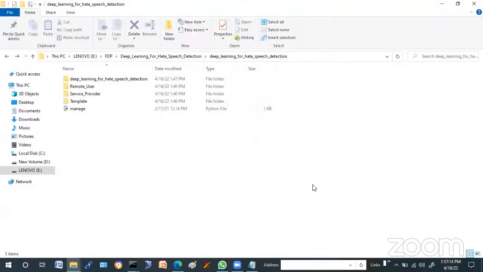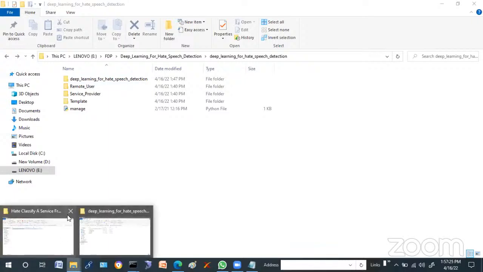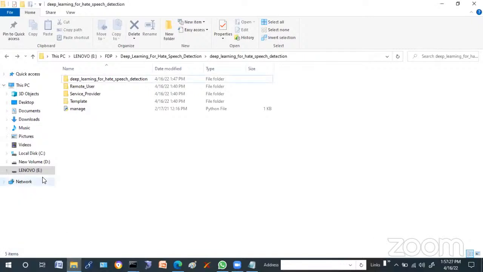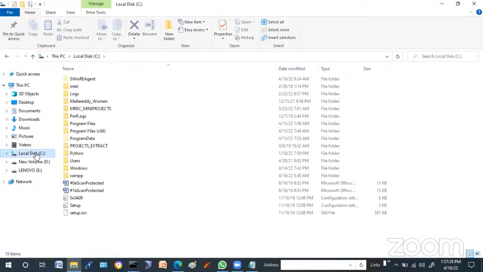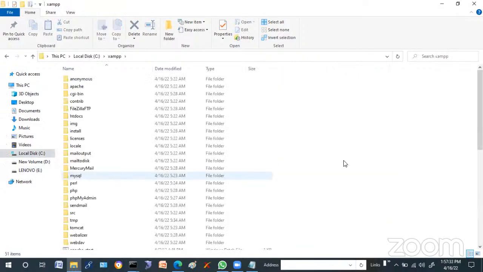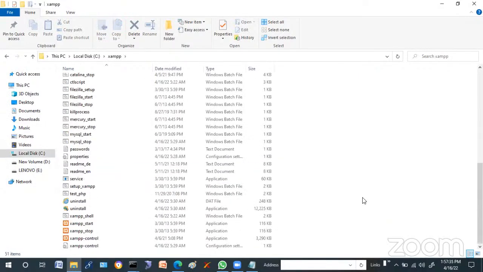So to do that, first we have to actually dump the database. To dump the database, go to your C drive. Have we already installed XAMPP? Go to the XAMPP folder. Under the XAMPP control panel,